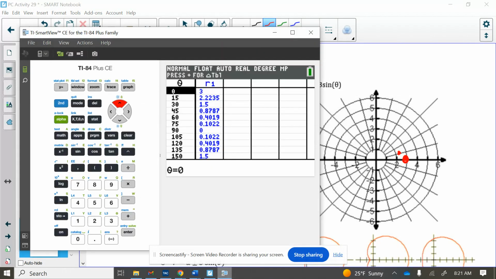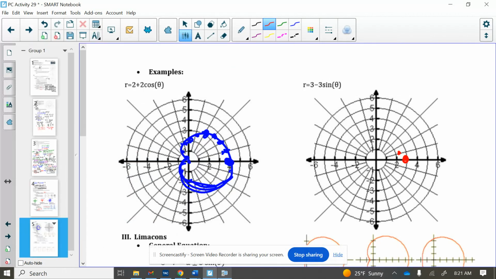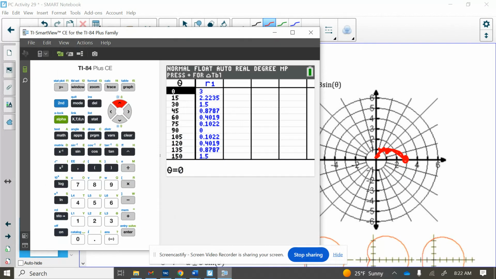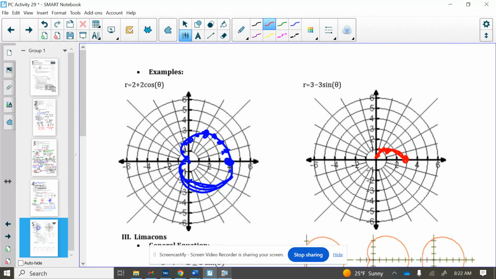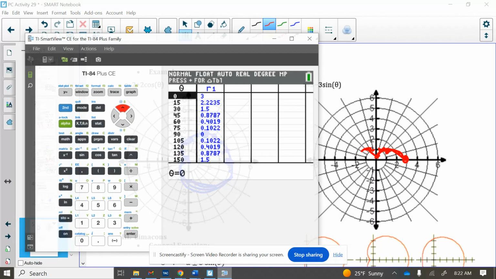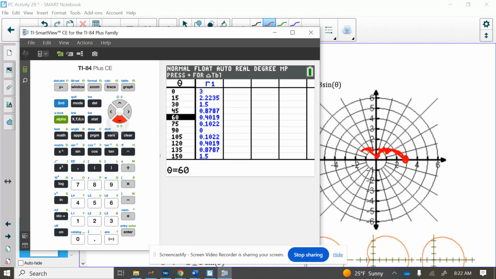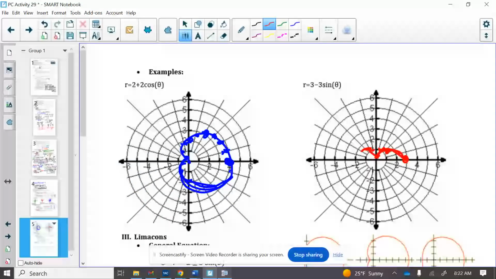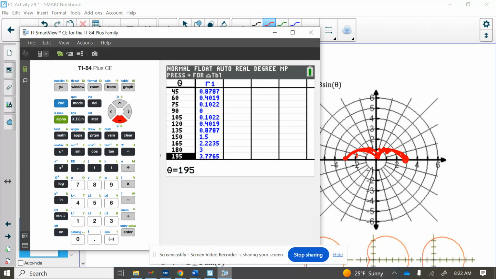And this one's sharper, quicker, 1.5, 8.7, and then we kind of cut in, and then we go out as we start moving around, 0.1, 0.5, out here, and then if we get to 180, we are back out to 3 on that. So we get that heart shape,